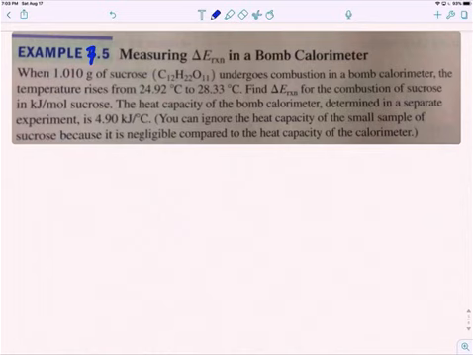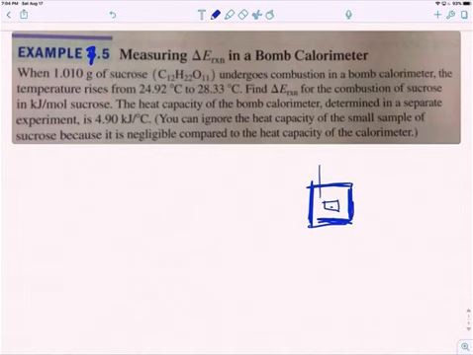Bomb calorimeter, what it is, it's like a really thick walled vessel, and in it you have oxygen going in, and then you have a chamber where you put your sample, and you burn it in that chamber, and then you look to see how much the temperature increases for this bomb calorimeter, and from the change in temperature of that, you can figure out the heat of that, and then the heat of the system,